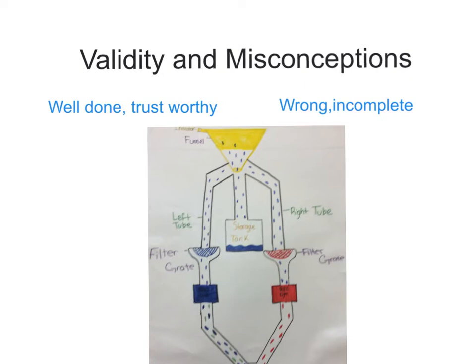Validity and misconceptions are two words that are sort of linked together and that we'll use throughout the year as we move through different scientific concepts. For something to be valid or to have validity in the sciences means that the way that you went about figuring that thing out was well done and trustworthy. It's logical. It applies Occam's razor. You've taken into consideration all the things that you need to do in order to get to the right answer.